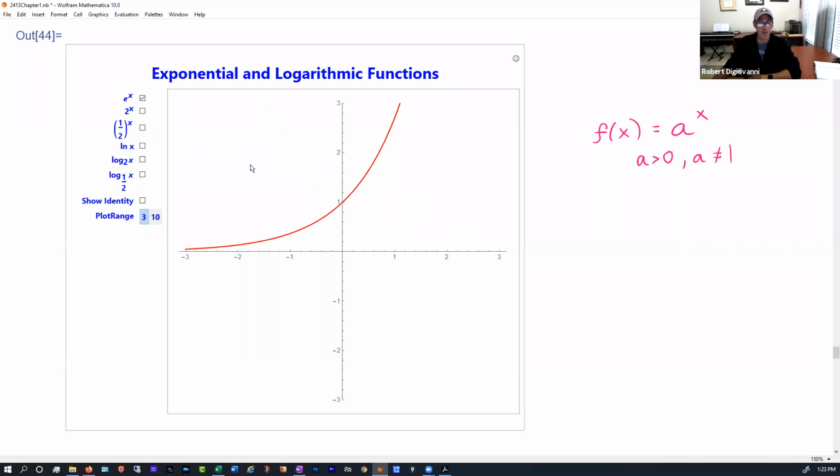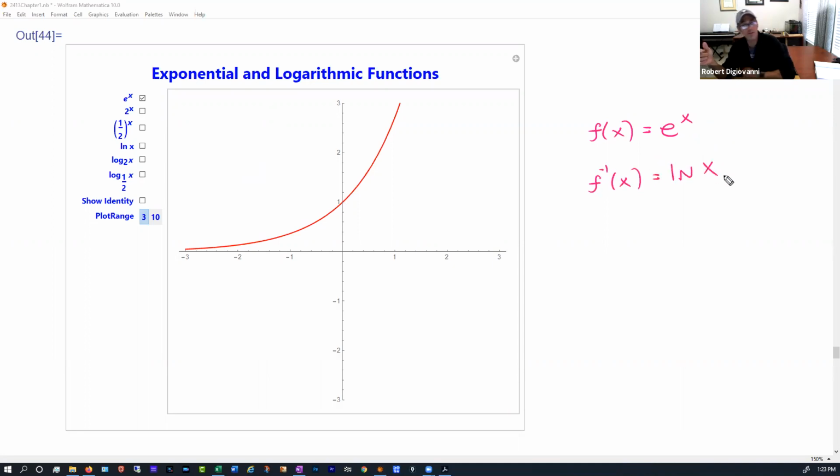Now, the log functions are the inverses of the exponential function. So what we're looking at right now, this red one is e to the x, just so everyone's clear. The inverse of that function, the inverse of e to the x, everyone should know, is natural log of x. And so if I graph that,